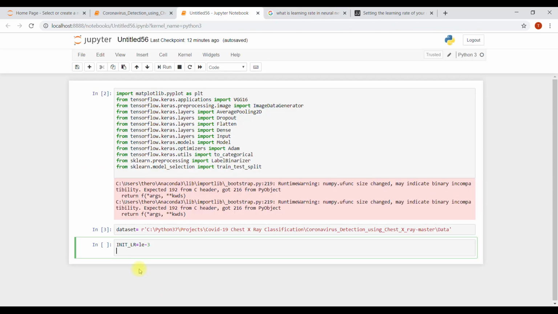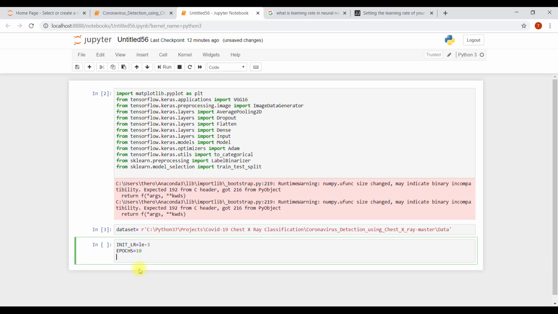And epochs is just how many times you want your CNN model to go through the images, like how many times the same image should be checked by your model. Simple.